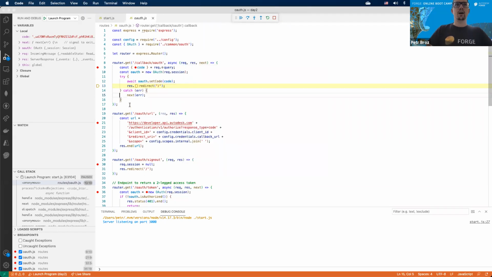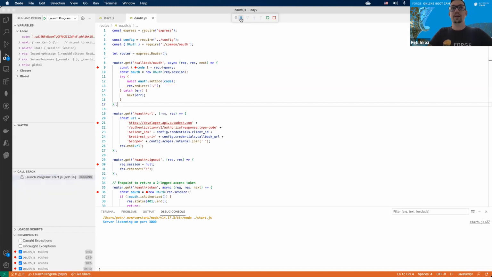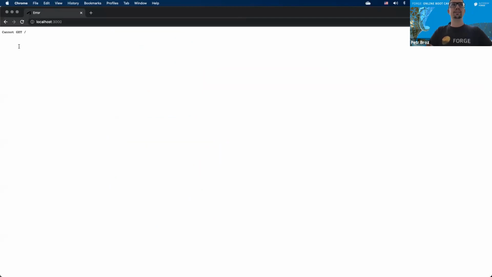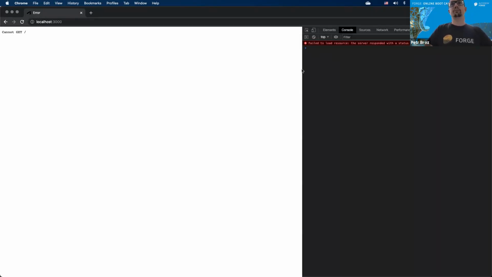Right, so now as we send the response back to the browser, redirecting us to the index page, the cookie session middleware will make sure to actually store these cookies in our browser. So even though we get this "cannot GET /", because our server still doesn't know how to respond to that request, if we take a look at the DevTools and we look at the